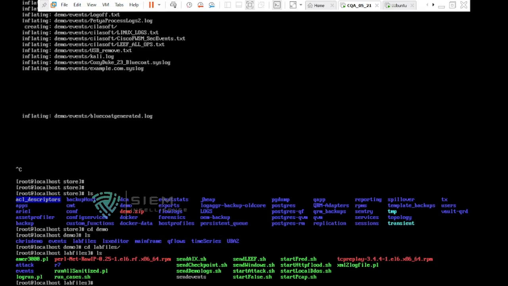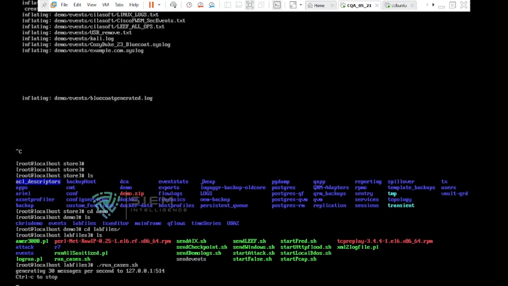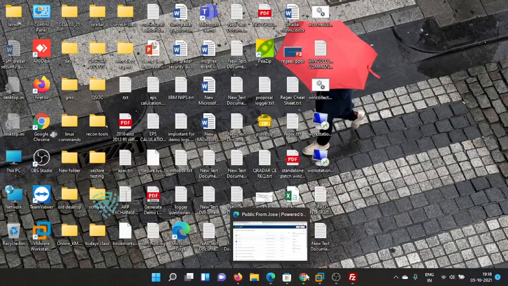See, over here you will get so many files. Out of which there is something called run_cases.sh, an execution file. You can use this particular run_cases.sh to send the logs. Just run it by using this command, run underscore cases.sh. So it now starts sending logs to this particular 127.0.0.1 over port 514. This port defines your system only. If you go and see in QRadar,